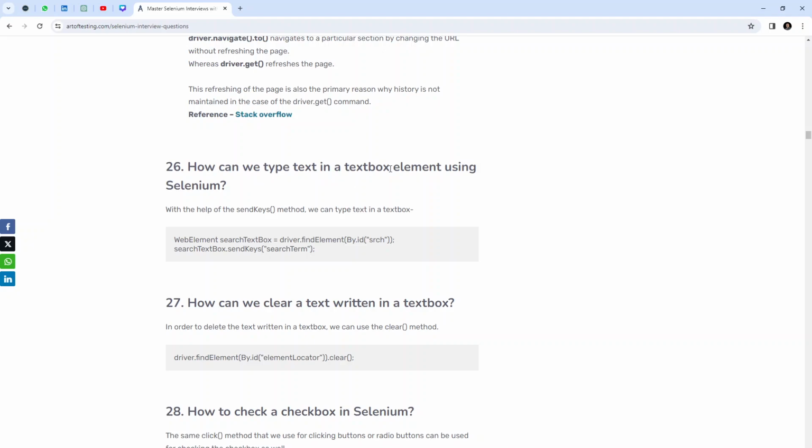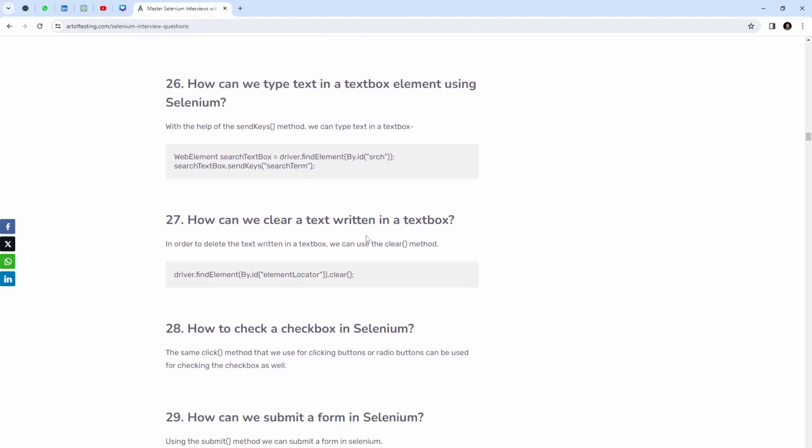How can we type text in a text box element using Selenium? With the help of the sendKeys method, we can type text in a text box. WebElement searchTextBox = driver.findElement(By.id("searchTextBox")); searchTextBox.sendKeys("searchTerm"). How can we clear a text written in a text box? In order to delete the text written in a text box, we can use the clear method. driver.findElement(By.id("elementLocator")).clear();